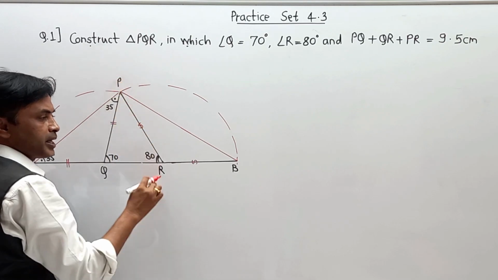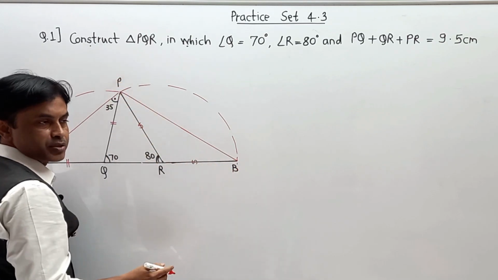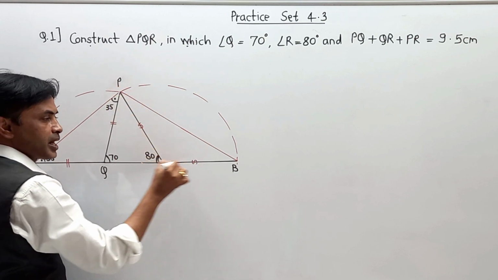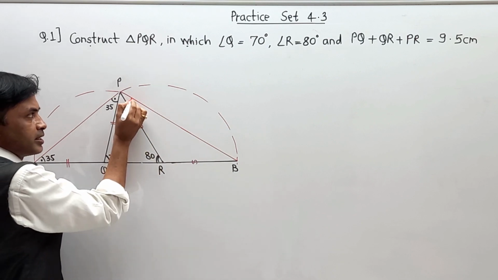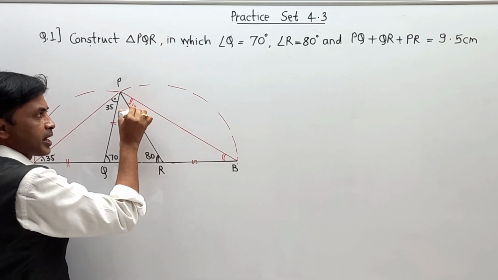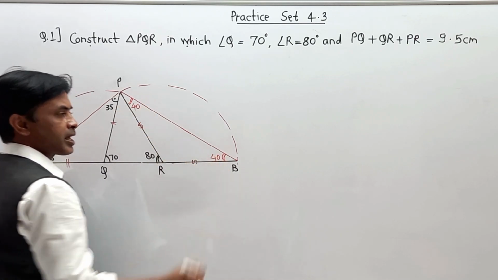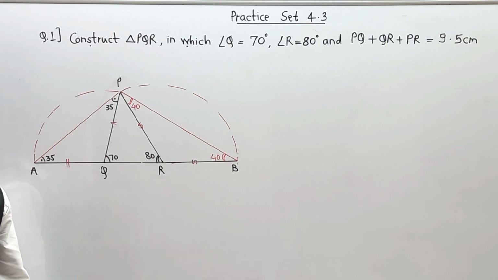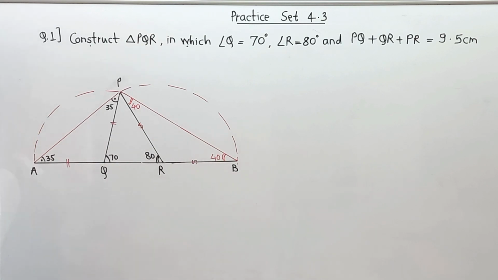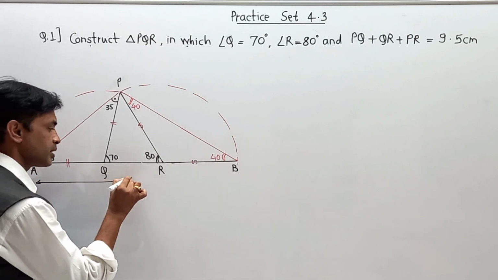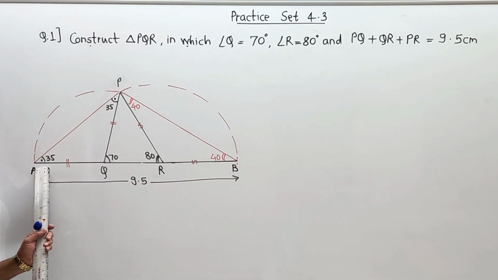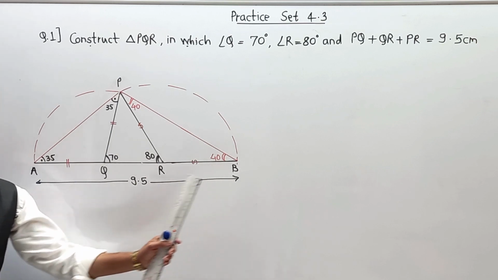Now, again your triangle PRB. PRB is an isosceles triangle where exterior angle is 80 degree. And naturally, if PRB is an isosceles triangle, then these two angles again become equal. And half of 80 means every angle becomes 40 degree and 40 degree. And this is the construction that we are going to start over here. Means automatically this length from A to B, this becomes 9.5 centimeter. Means first of all, we are going to draw one horizontal line of length 9.5 centimeter.